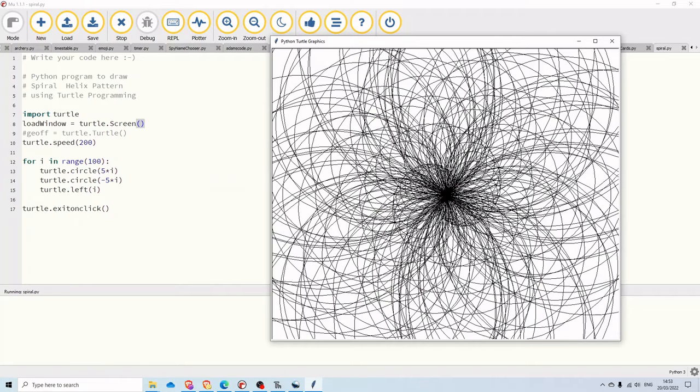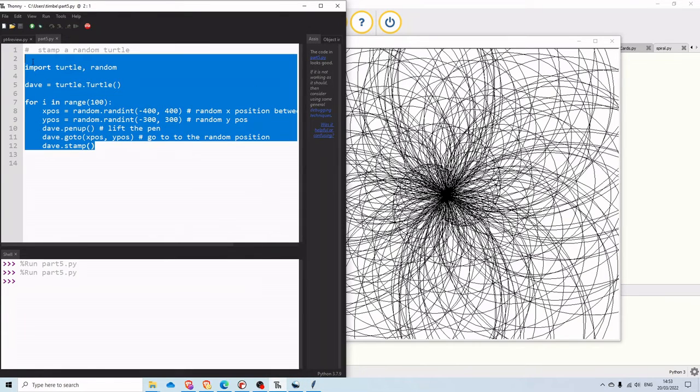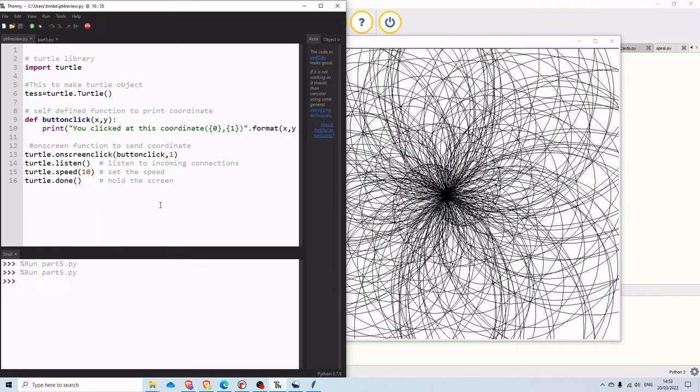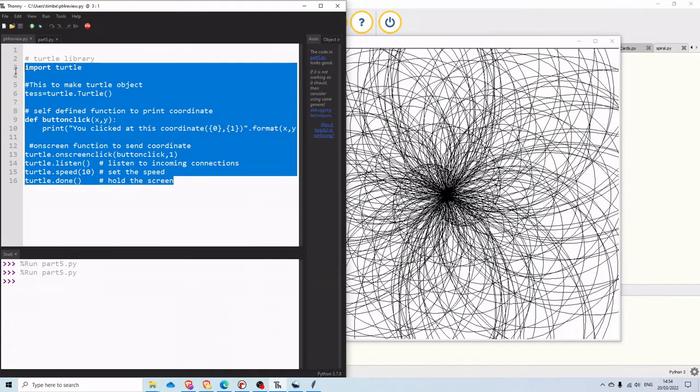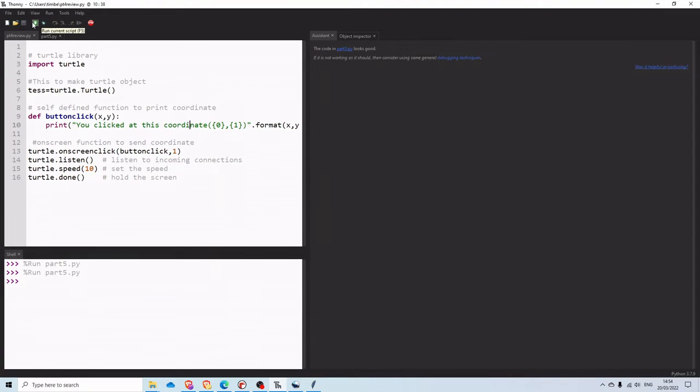I found some code that allows us to interact with this that makes it maybe a little bit easier to understand, so I'm just going to try and share that with you. So this is the bit of code here. Oh no, it's not this bit. So this is the code here, and this little bit of code simply prints out where the turtle is when you click on the screen. I'll put a copy in the code. If I press run now,